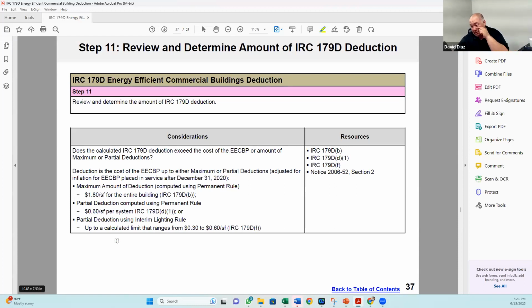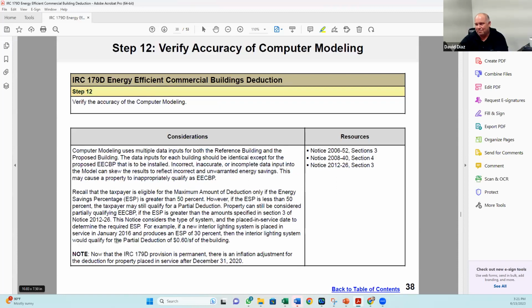This is pretty simple. They want to make sure that you're not screwing up the math on the 179D deduction. Believe it or not, we've seen them screwed up by competitors. I don't know how. It's pretty simple, but verify the accuracy of the computer models. So they're asking these auditors, and this is a funny one to me, because they're asking auditors who are not